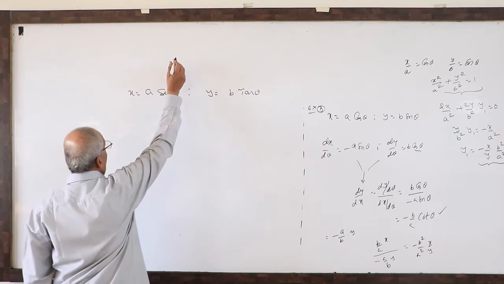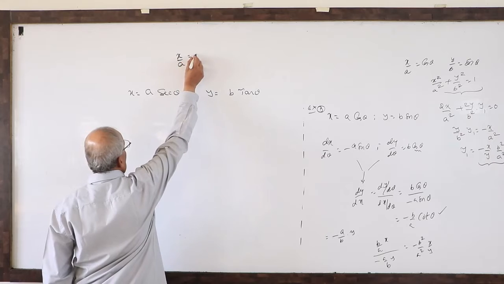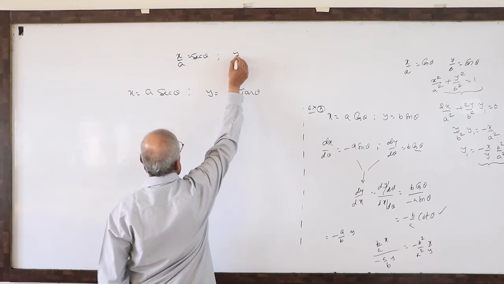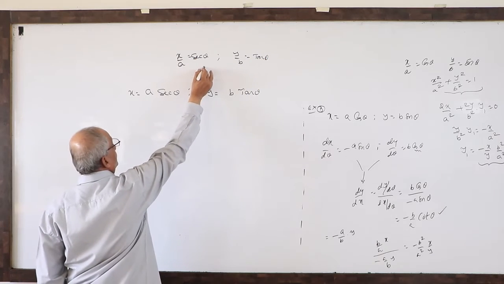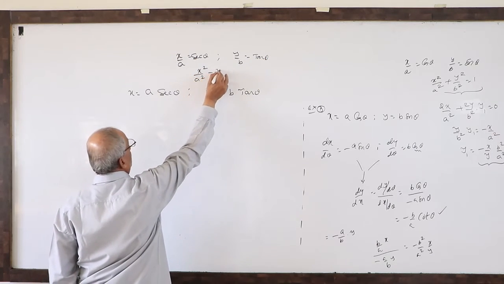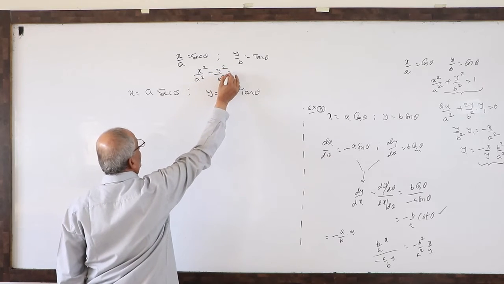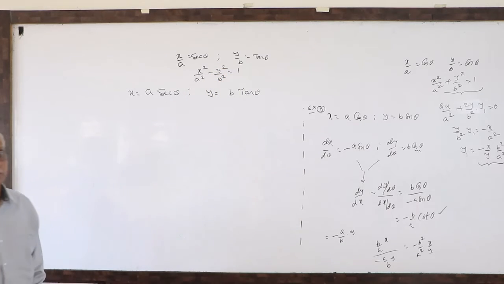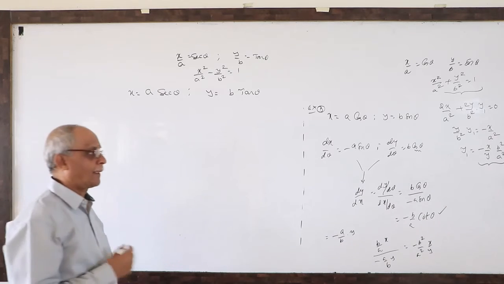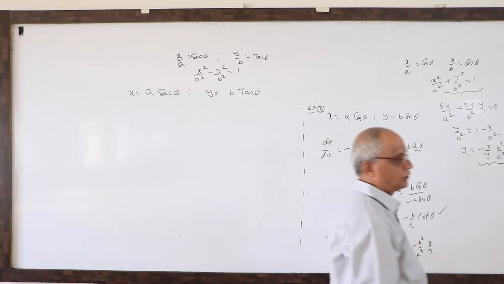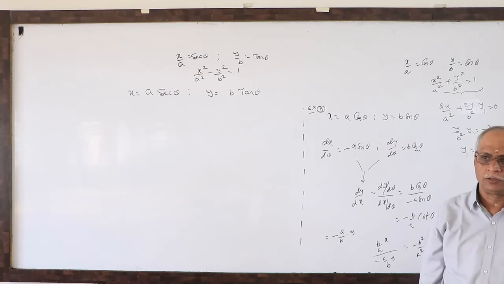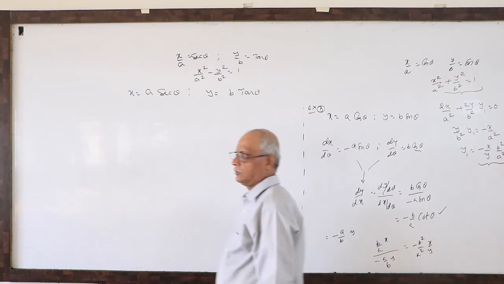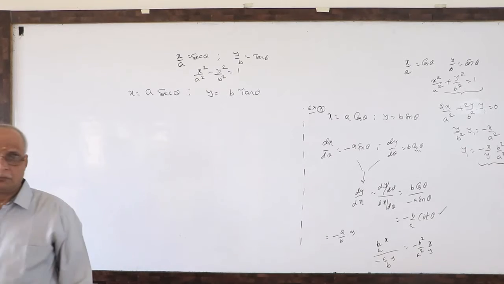From this, x by a, from this, y by b, squaring and subtracting, x square by a square minus y square by b square equals 1. Why? Because secant square minus tan square is 1. What does that equation represent? Hyperbola. That is a hyperbola in coordinate geometry. That is the reason in this unit I gave the first 4 examples, very common, almost every exam. One of the 4 will come.